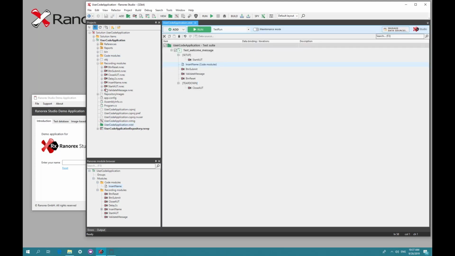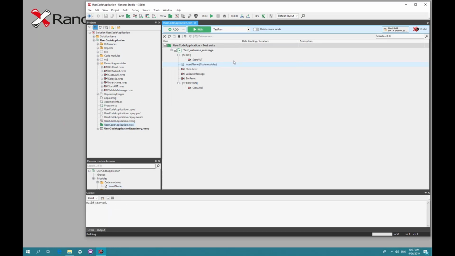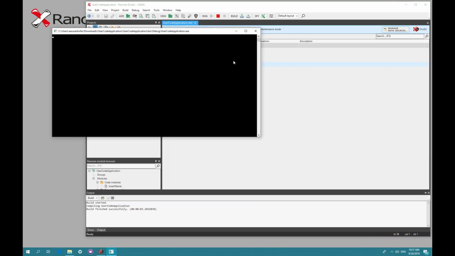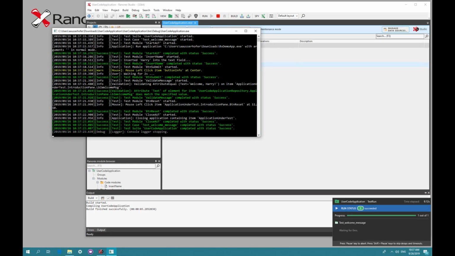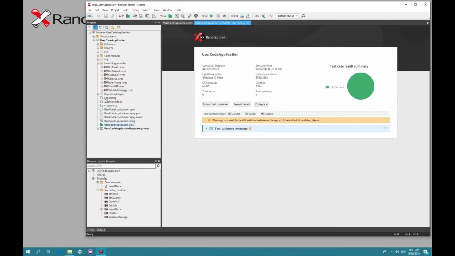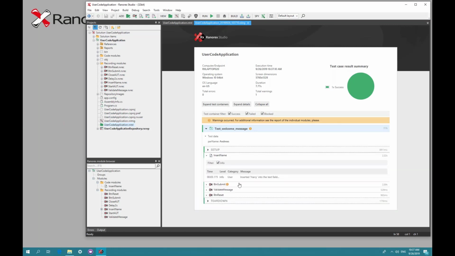So again, I close this now and let us run this module and see if it's working. So let's see if our first code module does what it is expected to do. So we are expecting the demo application to start here. Now the name is inserted, it's submitted, we're waiting for 2 seconds, validated, and finally we end up. So we have a success, and let me point out the part where we want to be. So here we have it, the insert name,